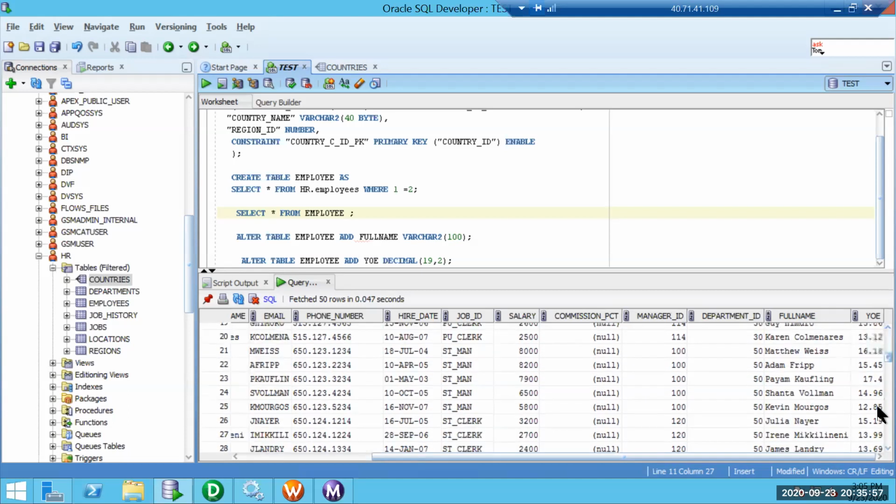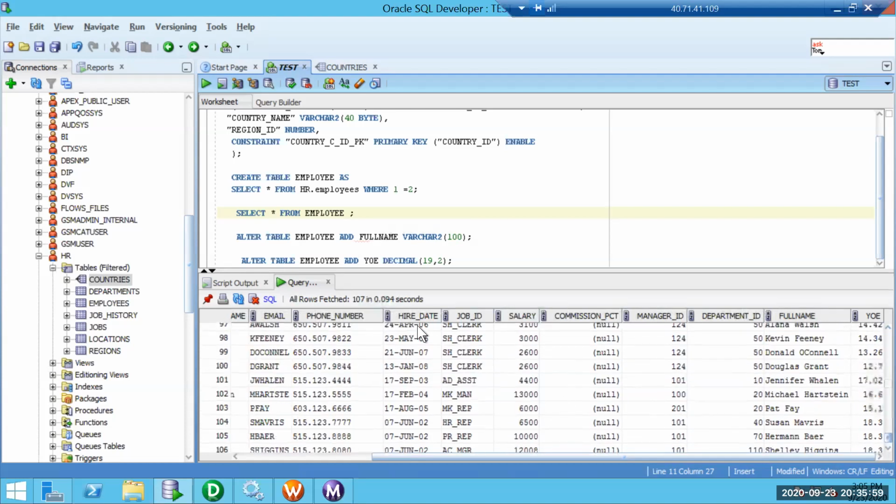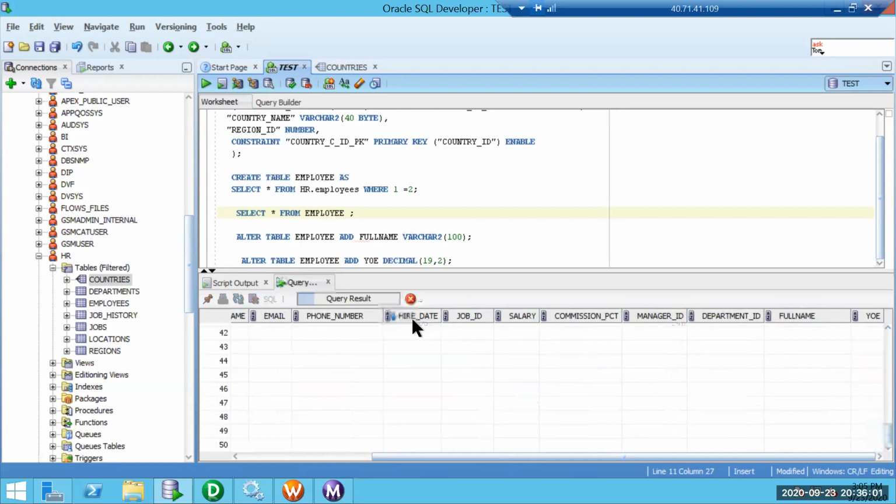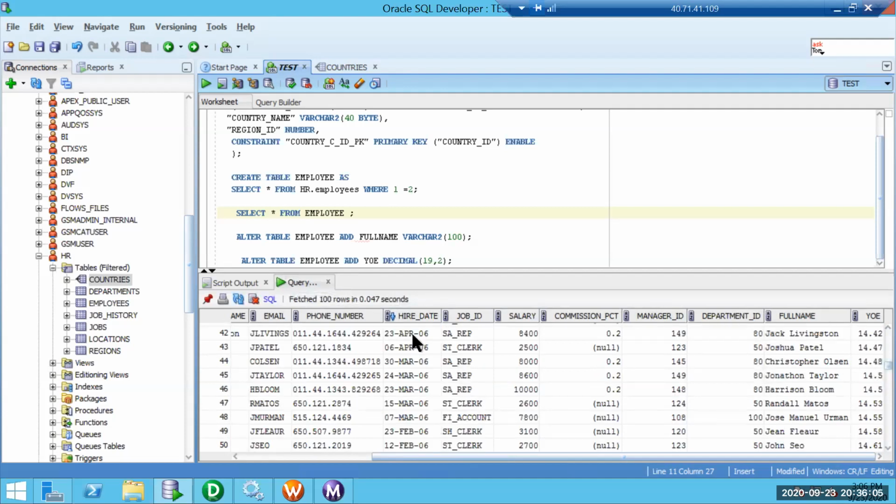Let's pick someone who is recently hired. I'll just sort it. I don't see anything. So what we will do is update some data in employee.